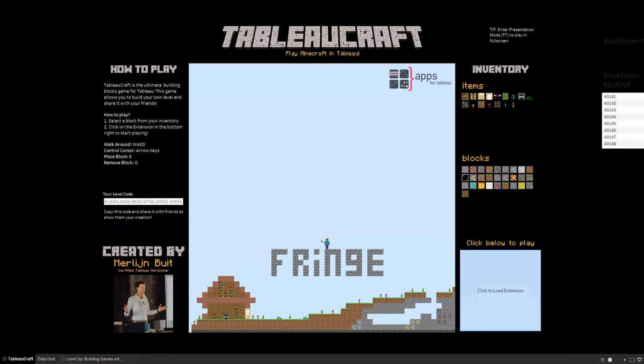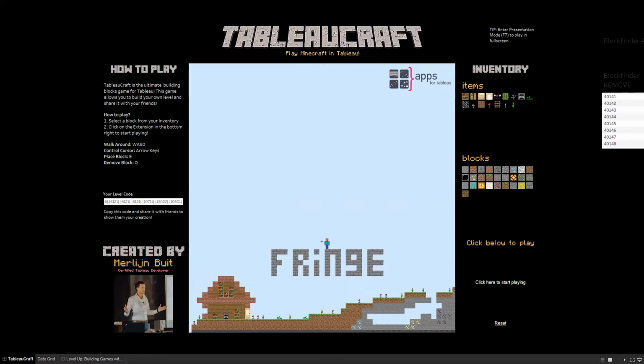And I have an extension right here. And as a scatter plot, this is just a non-functional graph. But if we click on the extension, this scatter plot becomes interactive and I can start moving around. So for example, I can jump and I can jump from the fringe logo and go down. And I can start moving around. So for example, I can go to the left with my arrow keys, and I can do very cool things